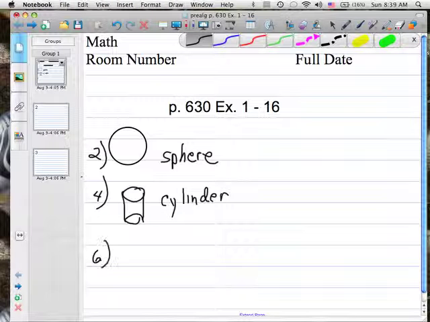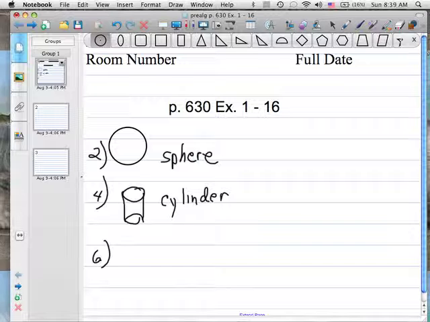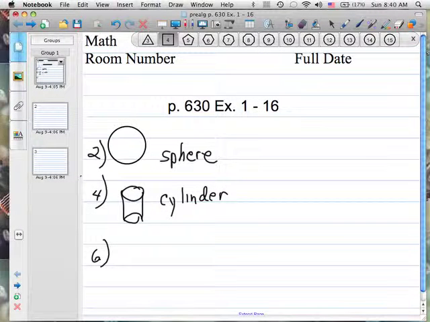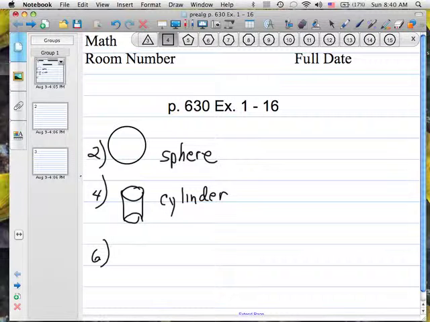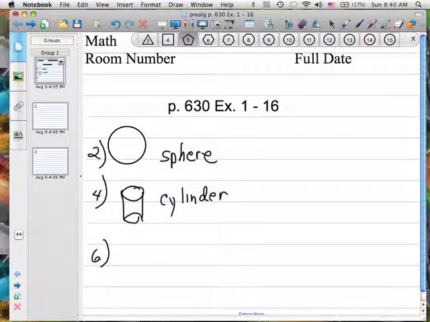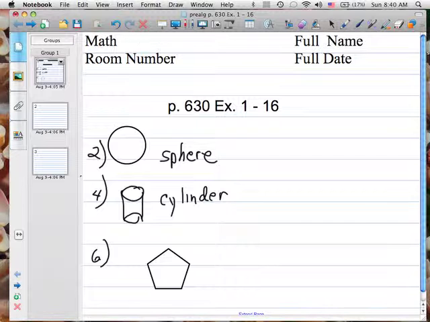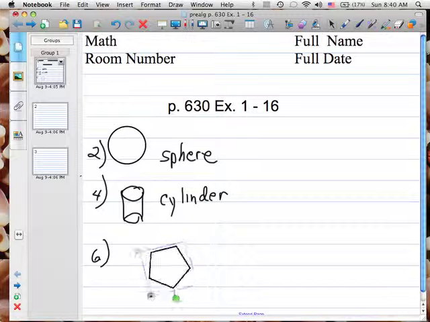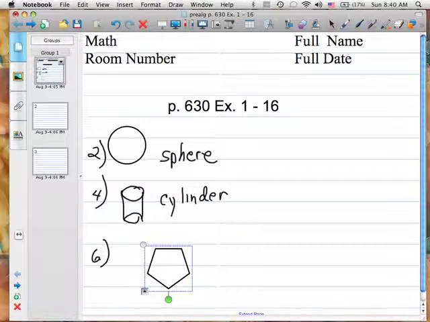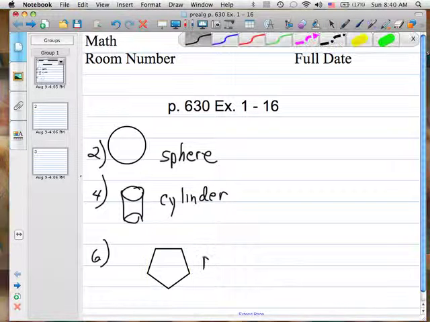Number 6, if you look at the shape on that one, it has a pentagon as its top. And then the bottom base is also a pentagon, and all the sides are rectangles, so it's a pentagonal